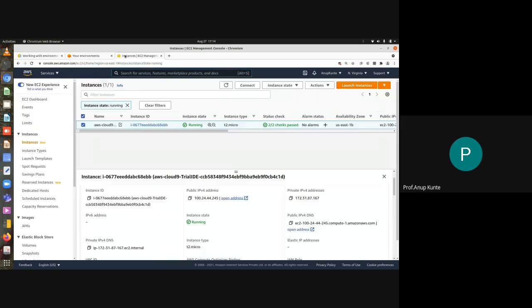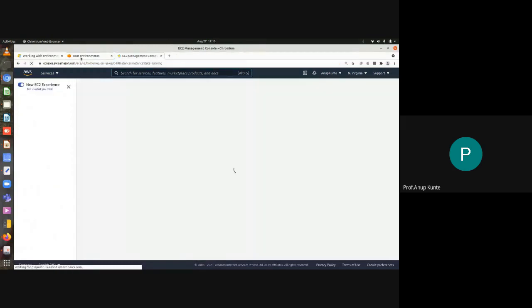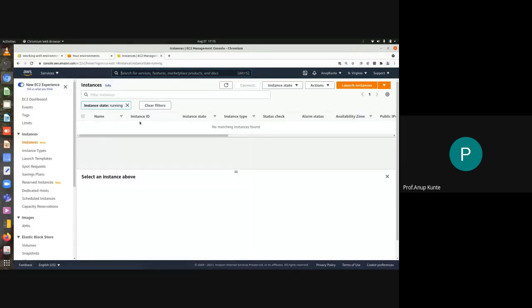Okay, as we deleted over there the IDE environment, we'll see that there are no instances remaining over here. Okay, it is a good practice if you are experimenting with Amazon Web Services. Whenever you create certain instance, or whenever you create or use Amazon service for doing certain experimentation, उसको delete किया जाए before you leave that session.